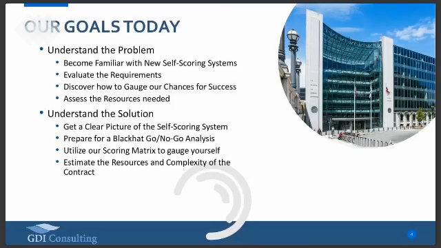Second, we want to understand the solution to the problem. We want to talk about getting a picture of the self-scoring system from your own perspective. How are your particular experiences and your particular contracts going to factor into the scoring, and how to best serve the questions and the criteria for scoring? To prepare a black hat go, no-go analysis for your own organization, and to utilize our scoring matrix to gauge